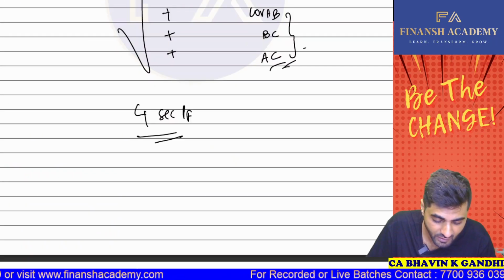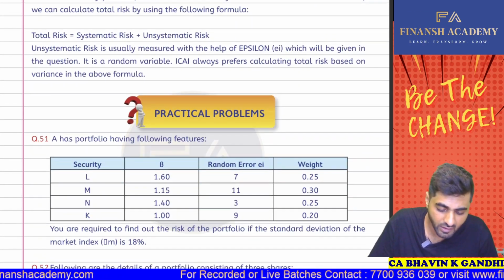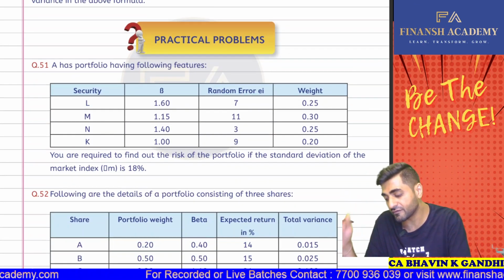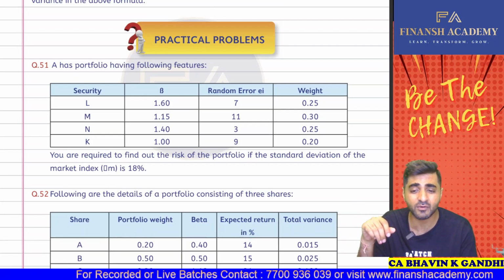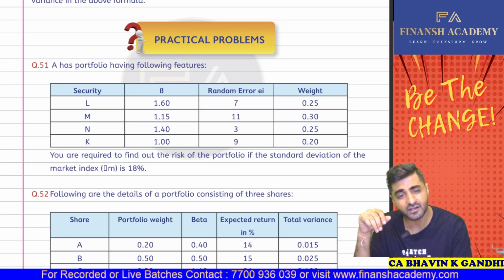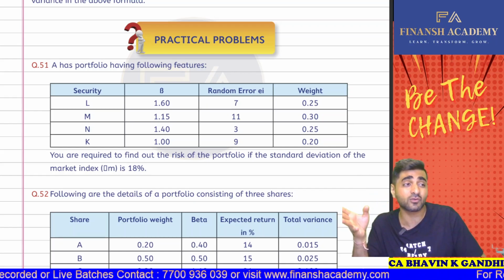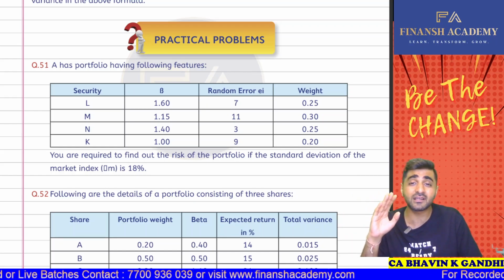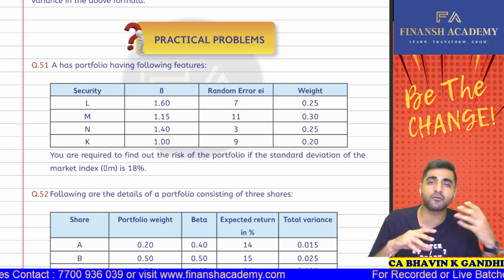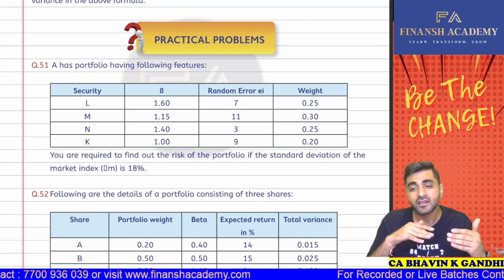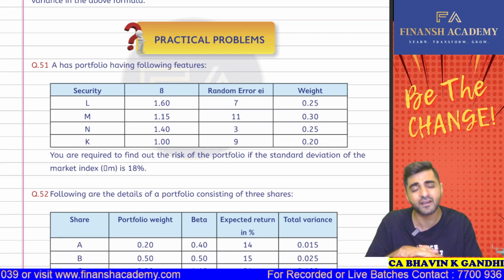Now see, my dear students, for a four security portfolio, we know that using the concept of MPT will be very, very difficult. You know why? Because there is going to be interactive risk of each pair. So there is going to be approximately 16 combinations for the same. Basically for a two security portfolio, we had four combinations. For a three security portfolio, we had nine. So for a four security portfolio, there will be 16 interactive risks, which is very difficult to calculate in the